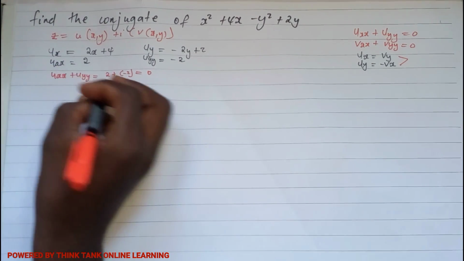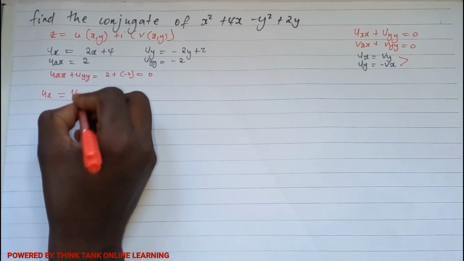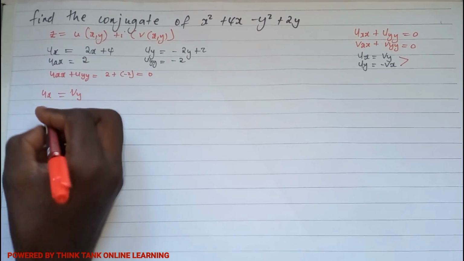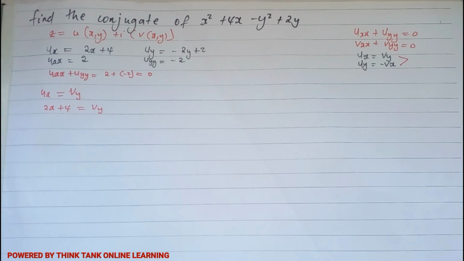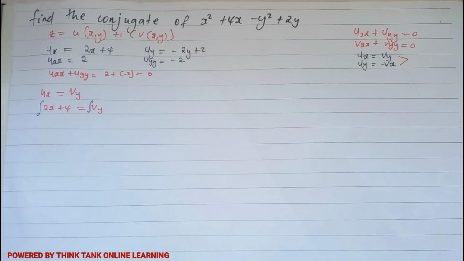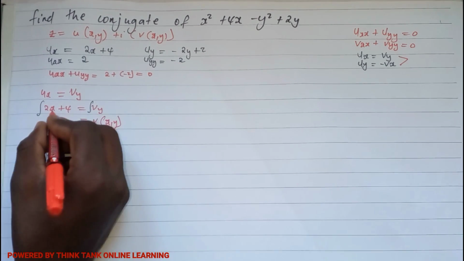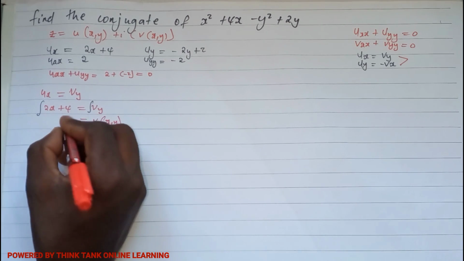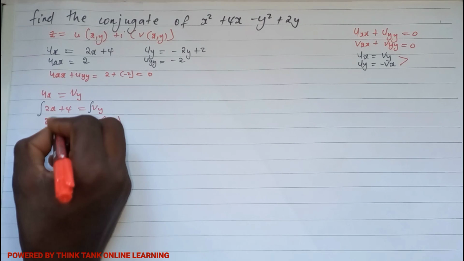We've said ux is equal to vy. So from here we know that 2x plus 4 is equal to vy. We want to find v as a function of x and y, so we're going to integrate here. If we integrate, we get v(x, y). For 4 we get 4y, and for 2x we get 2xy, plus